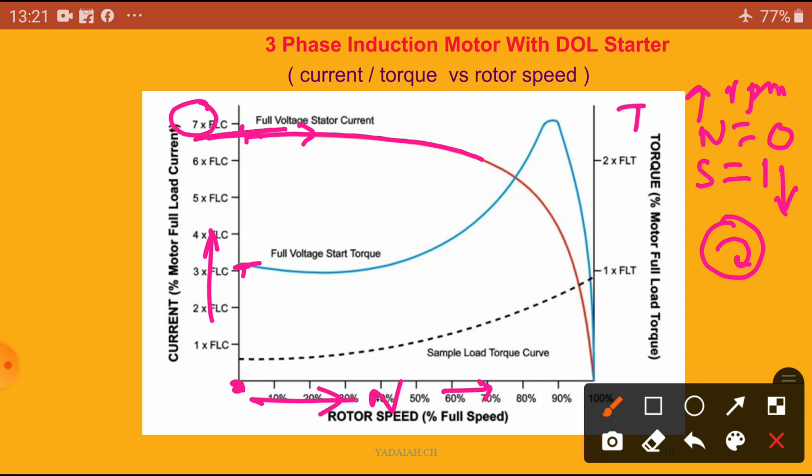At nearly 80% of the speed, you can see the torque is increasing and the current is decreasing. If the speed increases further, the torque goes to the maximum torque, then the current decreases. If we increase the rotor further up to nearly synchronous speed, then the torque also reduces to 0.